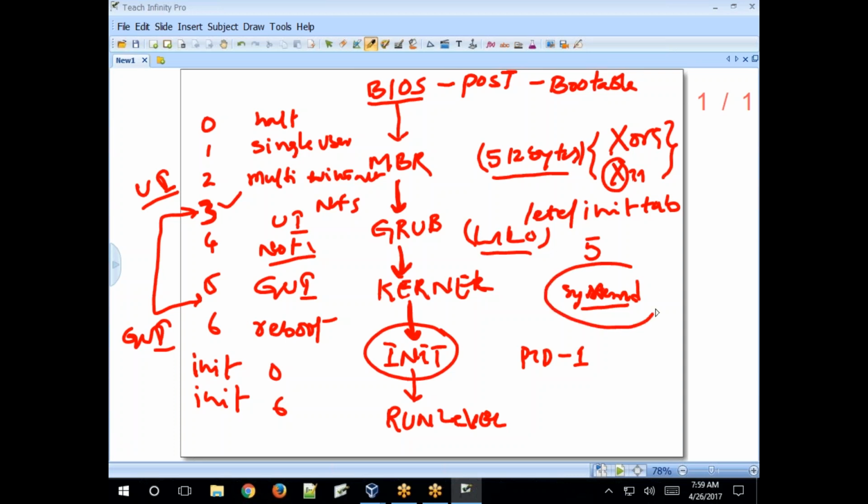In 7, that process name is systemd. In 6 and 5, init is the first process name at user space. In 7, the process name is systemd. Process ID is 1. Very first process. Clear? Parent of all the processes running under your operating system. Clear?